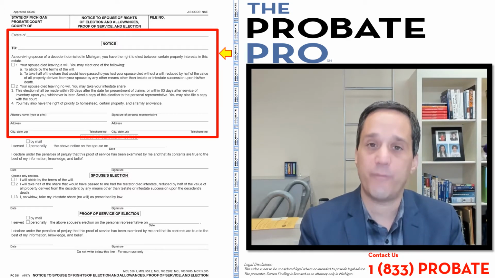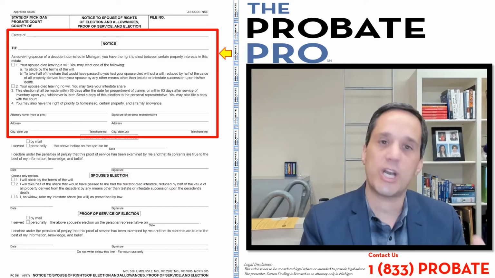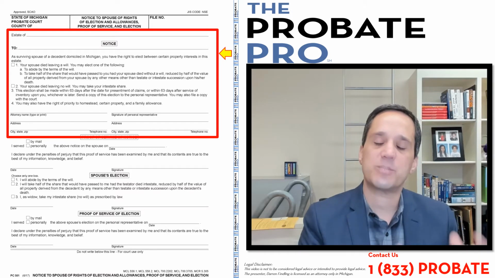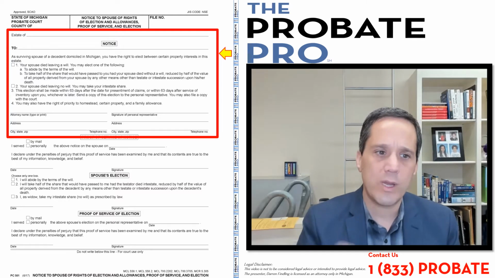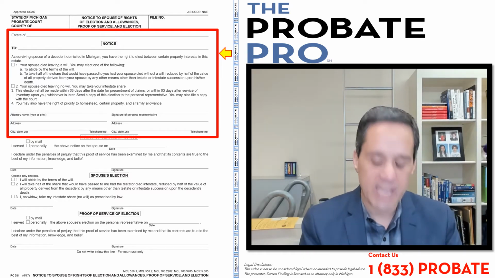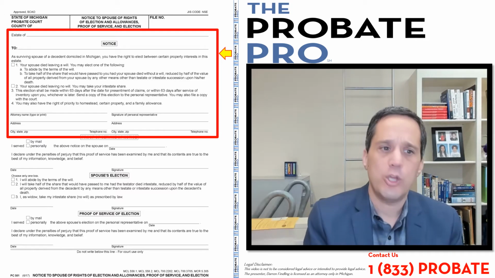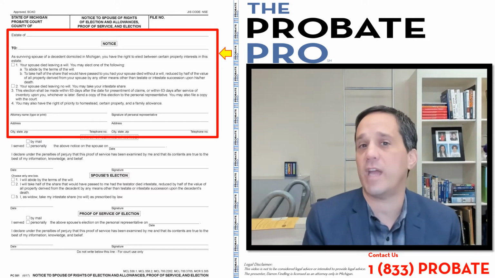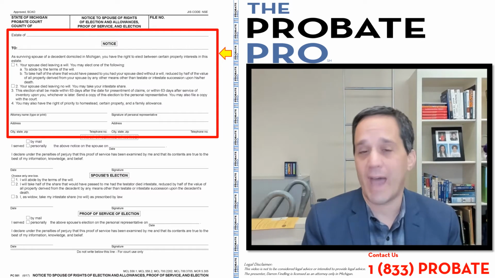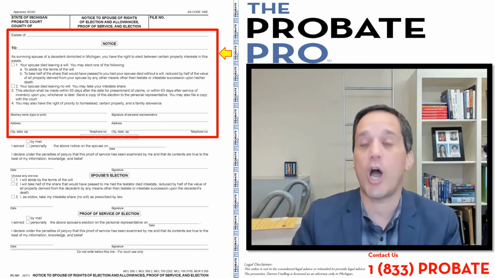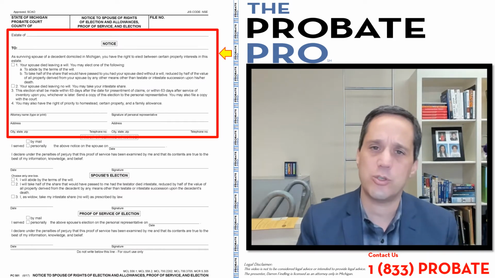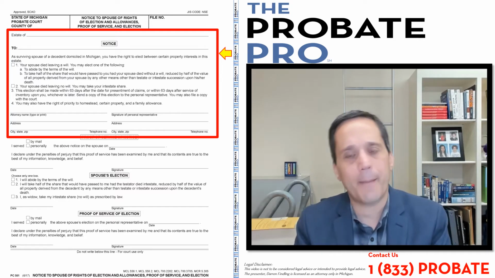The will was created before the marriage and didn't contemplate the spouse. The spouse was disinherited in some way, or their share was reduced, or the spouse is given a share that's even less than had there not been a will at all. So this particular section says, as spouse, you can abide by the terms of the will. You have a right to take half of the share you would have received had it gone without a will, which is what we call intestate, reduced by half of the value of the property that you received in other ways. And again, this piece of the statute about calculating which option